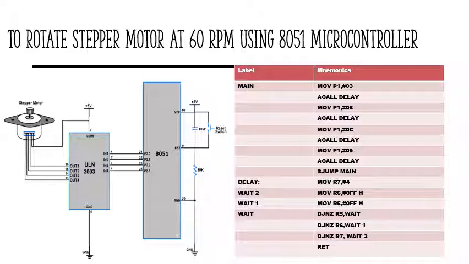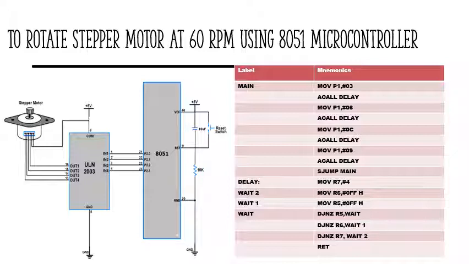If you want a lesser delay, you have to load the count value in such a manner in the delay program. If you want a greater delay, again you have to bother about the delay count value that you are loading over it. So here I have given the program for rotating the stepper motor